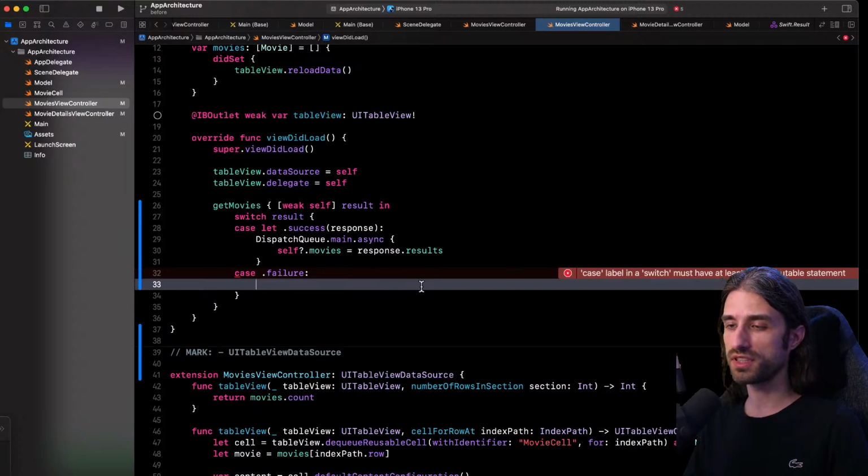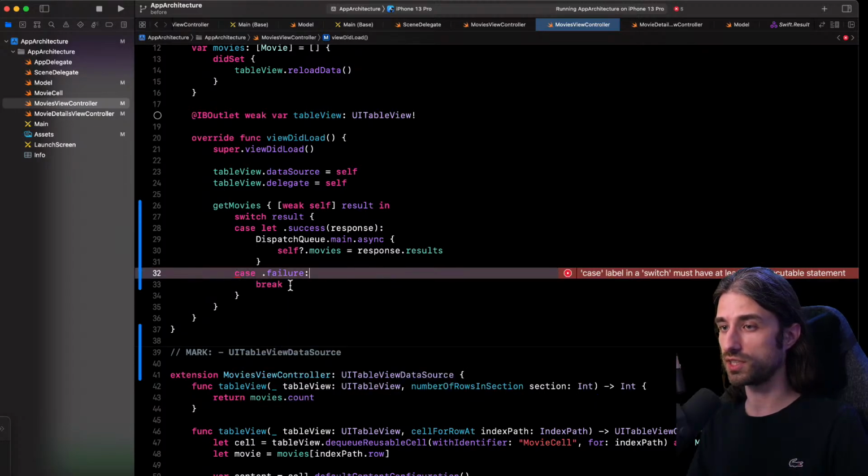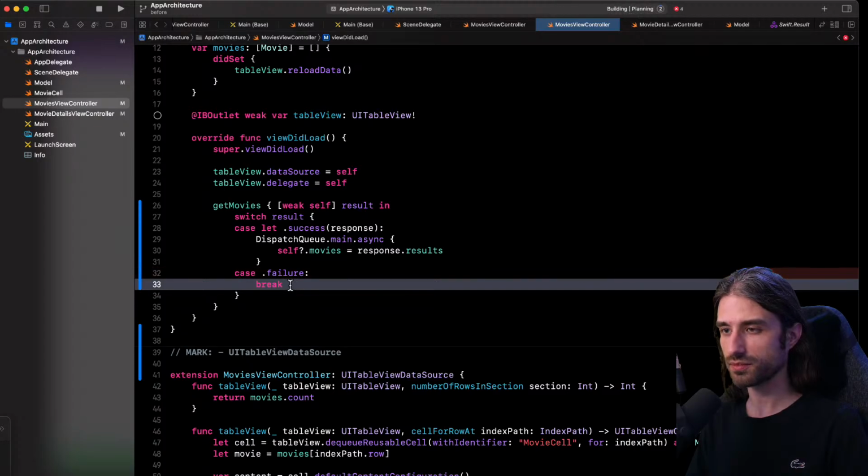And the purpose of this is to not have a case that would be left empty by mistake. So if I don't want to do anything, I need to explicitly state it to the compiler by using the keyword break here. Okay, so I updated the call site in the first view controller.